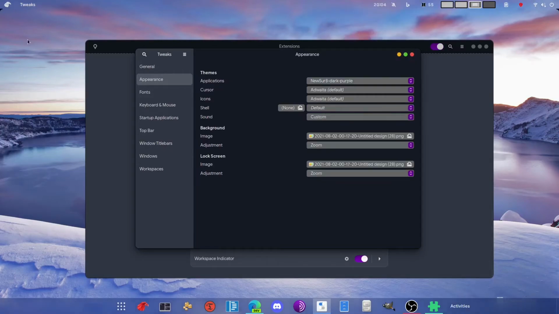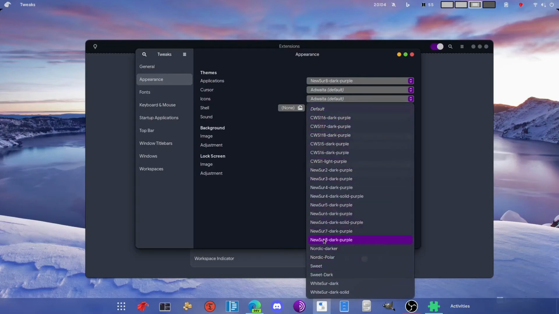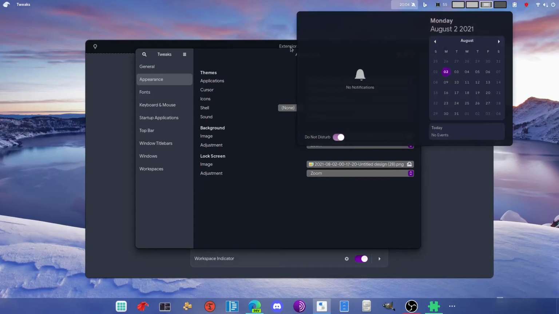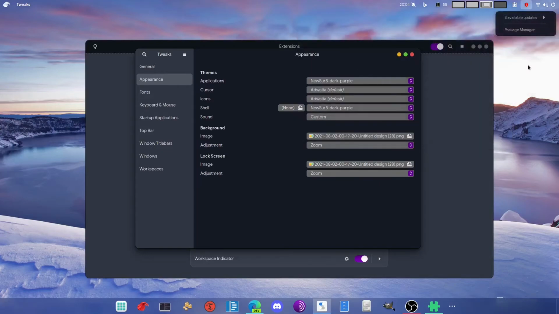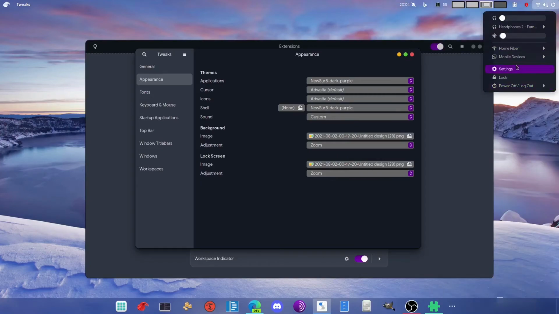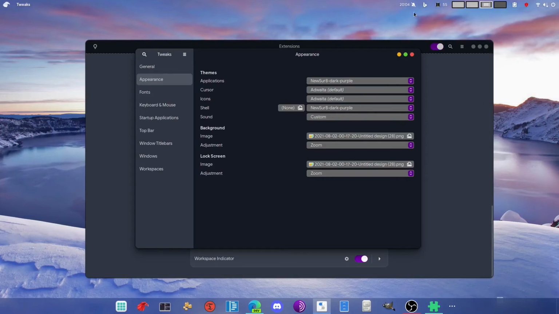Let me just show you again. This was the default. See, corner clippings, the curvature over there, and this is what you get after removing that. You can see this transparency effect all over here, and it just looks better in my opinion. And this is the sound input device chooser that I showed you a moment ago, and this is because of the Unite extension. You see there's a date menu shifted to the right and things are now more compact. That's all because of the Unite extension.